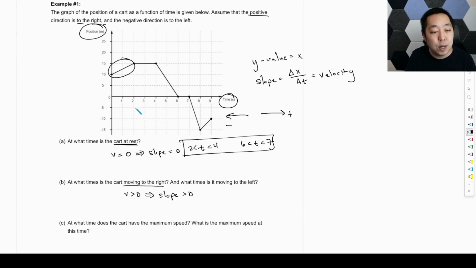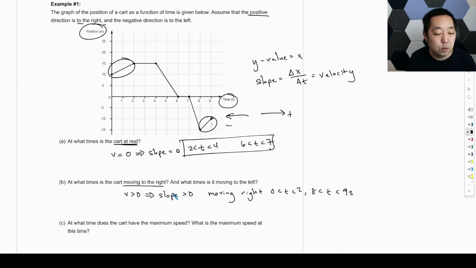So here it has a positive slope, 0 slope, negative slope, 0 slope, negative slope, positive slope here. These two times it has a positive slope, and so that's where it's moving right, between 0 and 2 because the slope is positive, and between 8 and 9